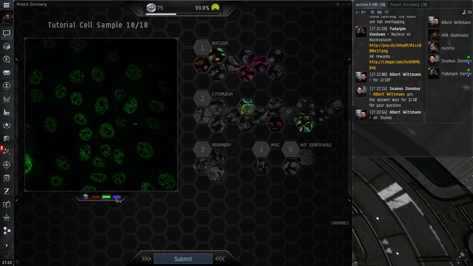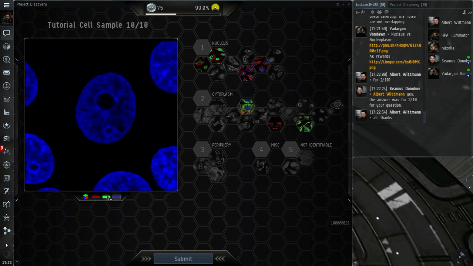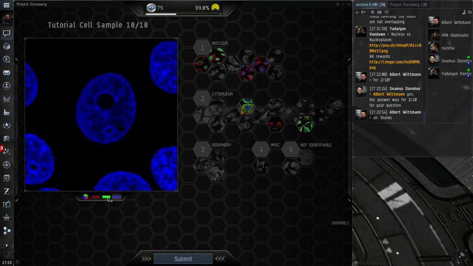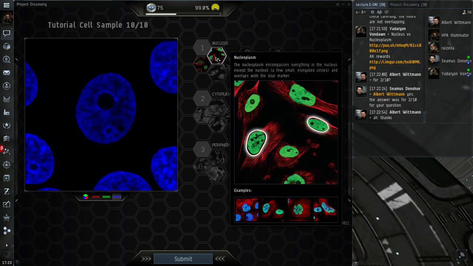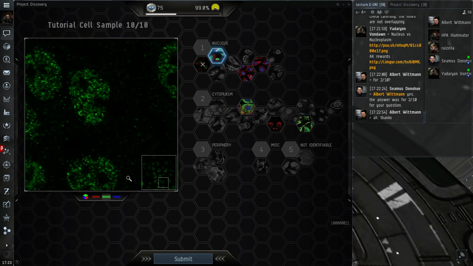Here again we see a very typical nuclear pattern. It overlaps perfectly with the nucleus. And you can also see the holes in the nucleus, which indicates that this is nucleoli. And the reason that these holes in blue are not always seen is that we have about 20 different cell types that we're working with, and some cell types have bigger nucleoli than others, and some have more, some have fewer. So we can say that this is nucleoplasm. It's very easy.